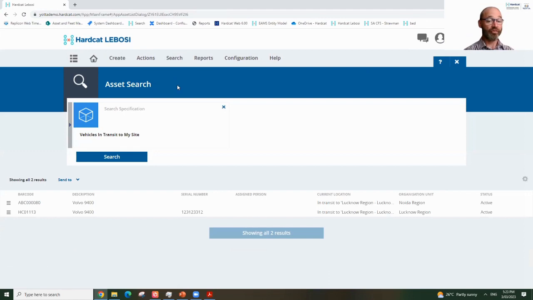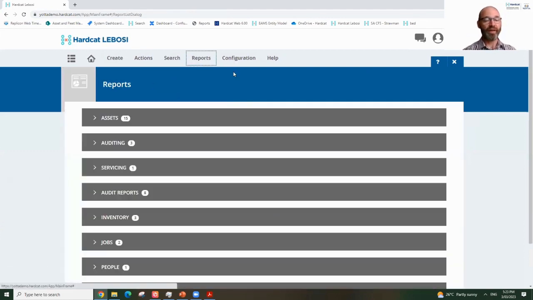So now the vehicle has been repaired and it's returned back into service. And with the Hardcat Lebosi system collecting all the details that you've seen for every transaction along the way, it's important to understand that that information can be used to help make key business decisions for the business and provide insights around what's going on. So for the next part of the demonstration, we'll provide you with a brief overview of the Hardcat Lebosi reporting